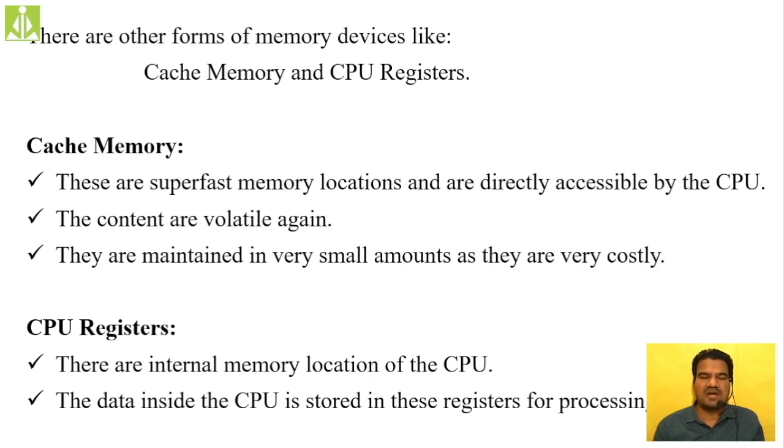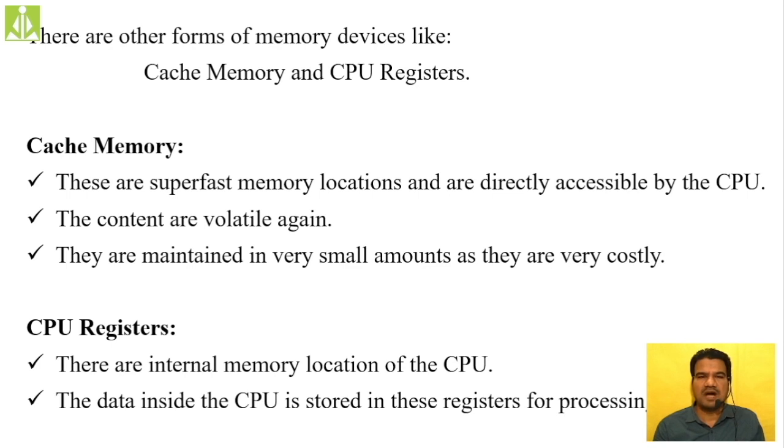And after that we have primary memory, that is your random access memory. Compared to hard disk, it is faster. Your random access memory, primary memory, is faster, and accordingly the cost will also be more. So you have to pay more in order to get this RAM in your computer.